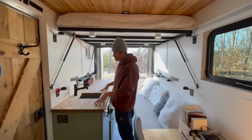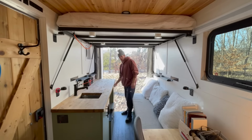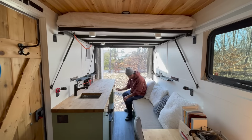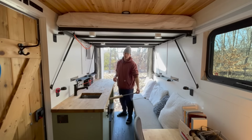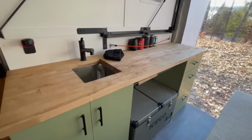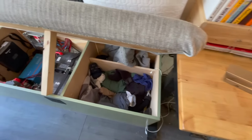This is a butcher block countertop with an undermount sink, deep drawers for storing things. These lock when you're traveling. These drawers are deep enough that you can fit whole pots and pans in here and stuff. So, swivel out rack for the paper towels. Fridge is under here. This is where we store all of our clothes in these bins, and then in the